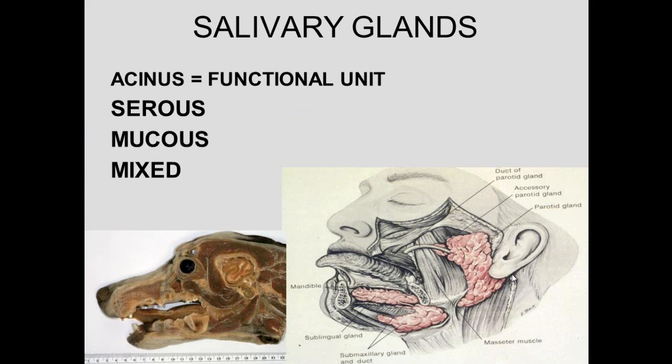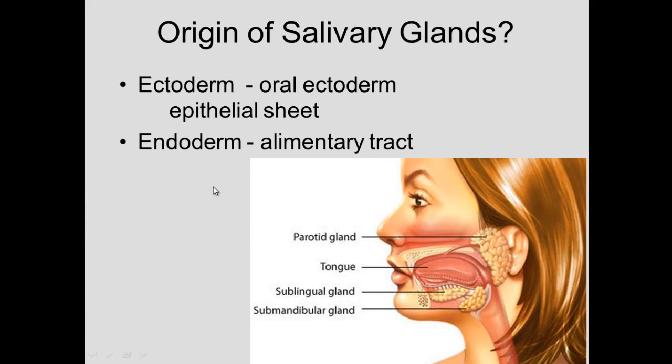If we switch over to the salivary glands, we can see a salivary gland of a dog, and here we can see salivary glands of a human. The acinus is the functional unit of the salivary gland, and some of them are serous or proteinaceous secretion, some are mucus, and then some are mixed. Salivary glands come from the ectoderm, the oral ectoderm, epithelial sheet, and then the GI tract comes from the endoderm,